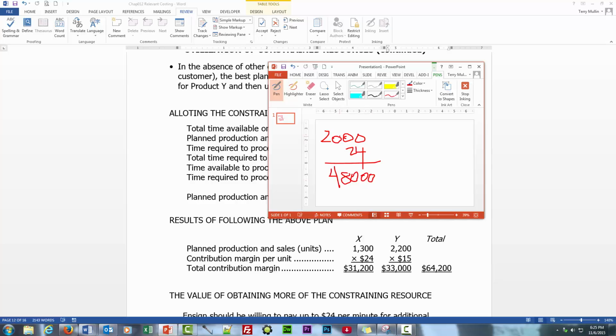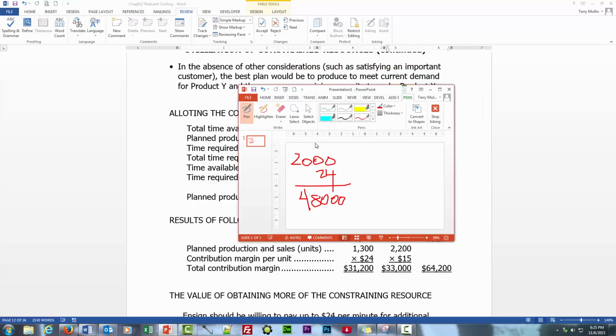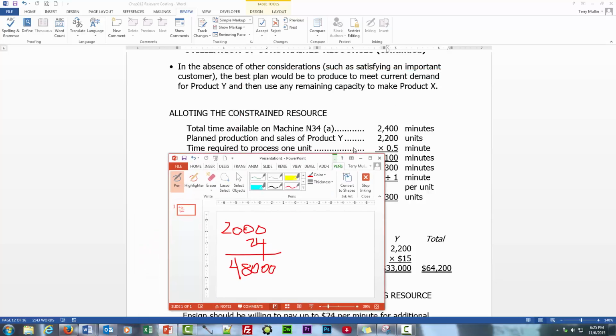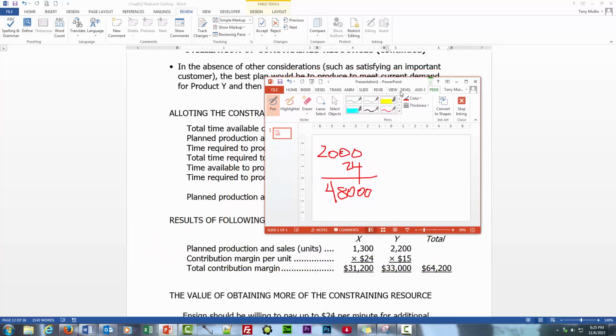If we use 2,000 minutes out of our total minutes available, what were the total minutes available? 2,400, right? So now we'd have 400 minutes left, but for product Y, we can make 2 units per minute because it only takes half a minute. So $800 times 15, right, is now going to be